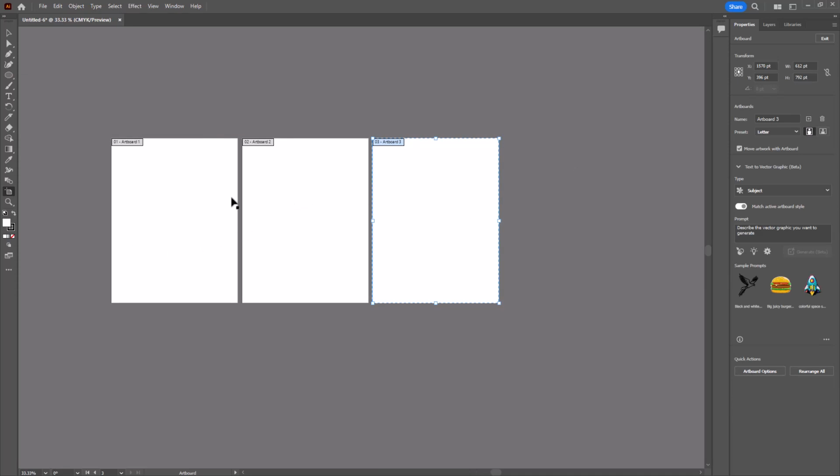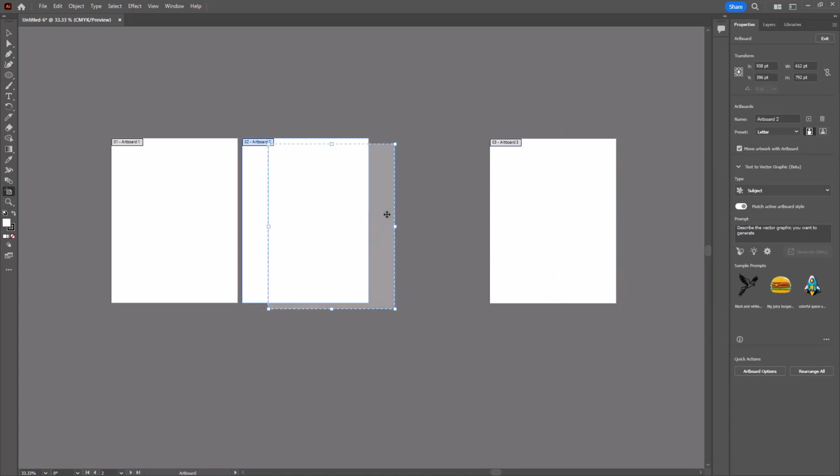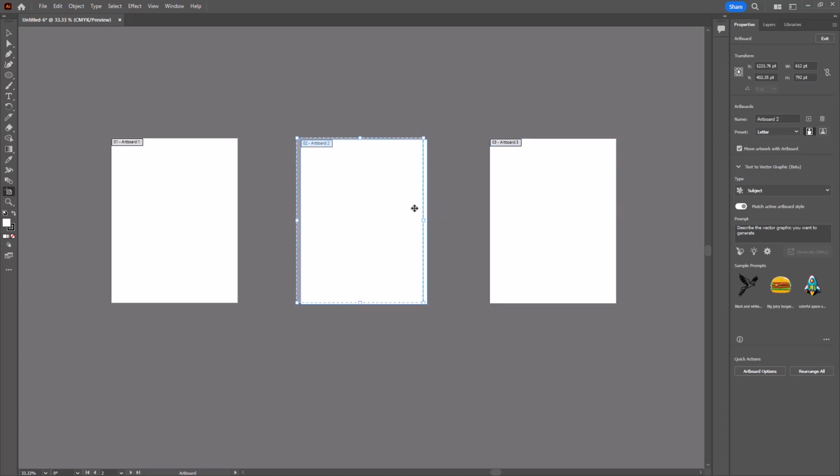And let's say that I'm planning to create a trilogy of book covers. And I'm probably going to have some of the images extend beyond the boundaries of each of these image areas, each of these artboards. Then I can just simply stretch them out a little bit so that I allow for that freedom and flexibility